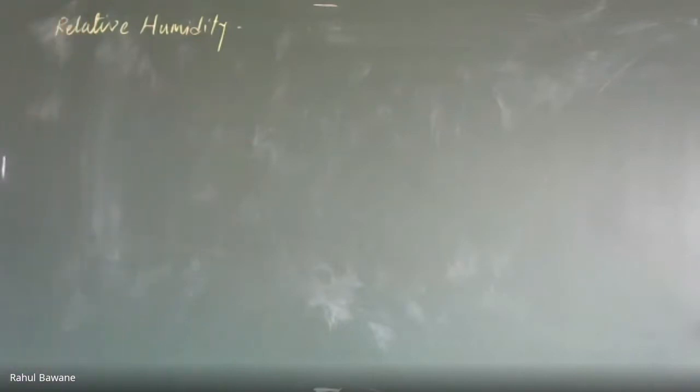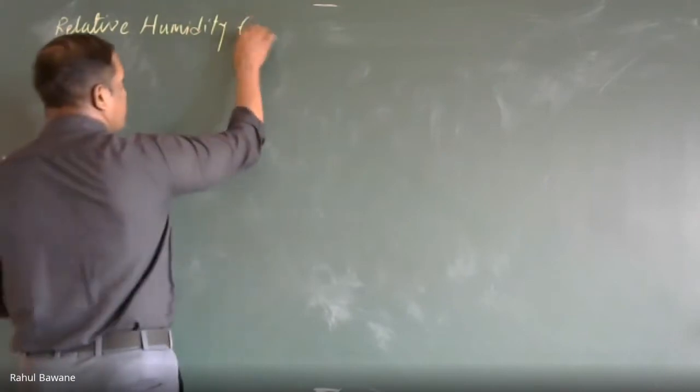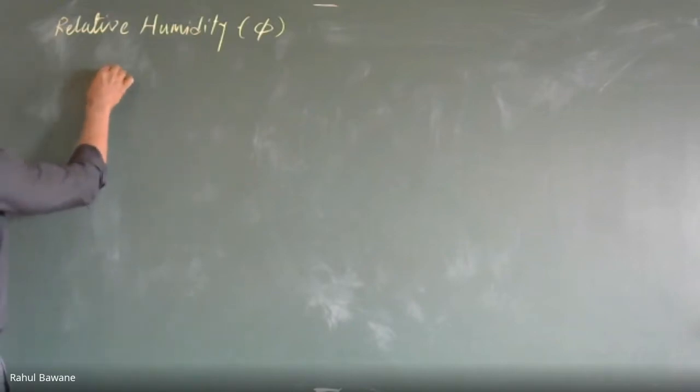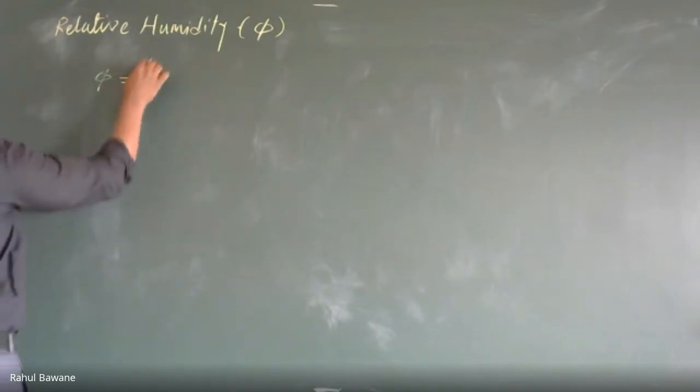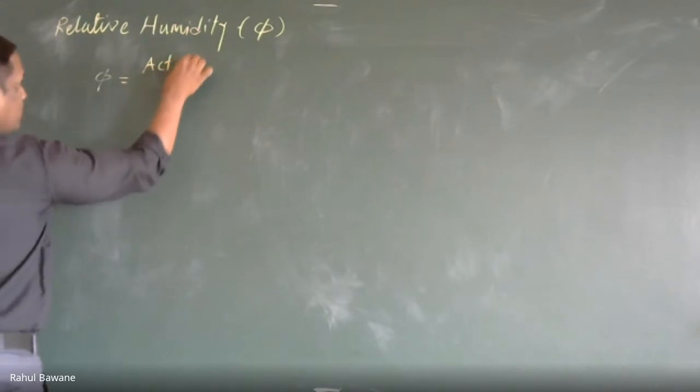Now relative humidity is denoted by phi. What is the relative humidity? It is nothing but a ratio of actual moisture in air